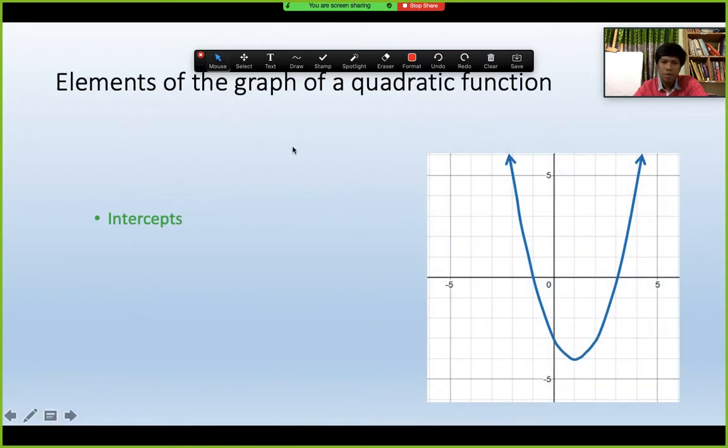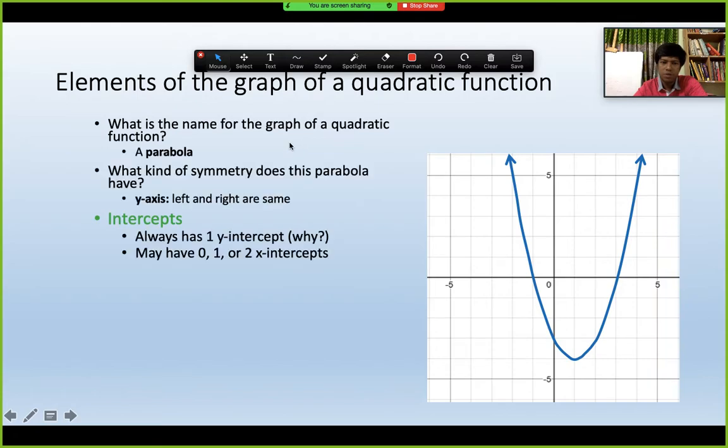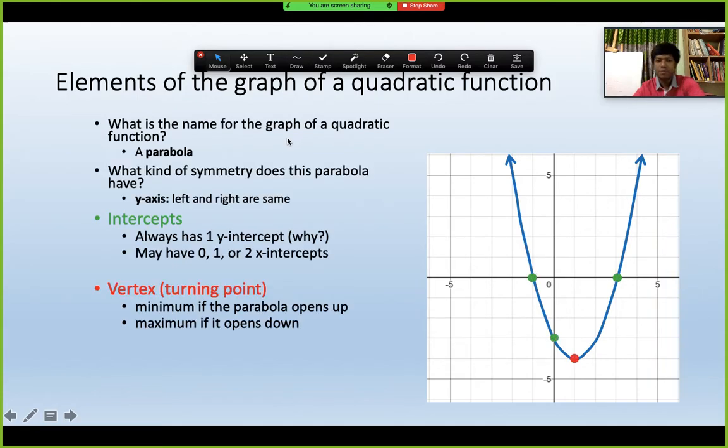Elements of graph of quadratic functions. So let me show you all of them. So first of all, what is the name of the graph of quadratic function? As I said, this shape is called parabola, and this graph has symmetry. What kind of symmetry do we have on this graph? So